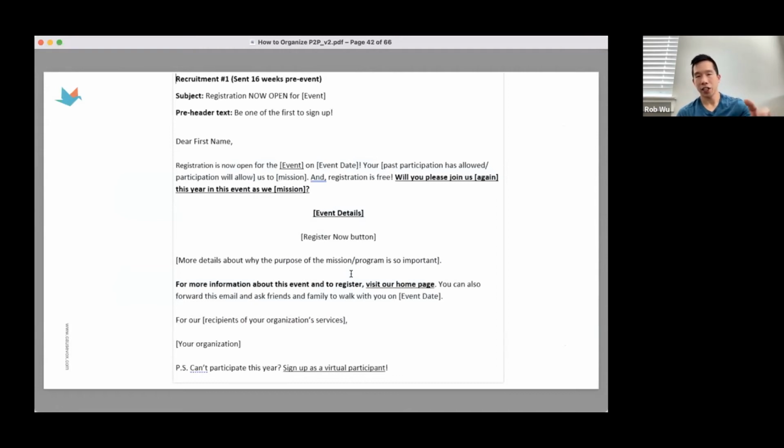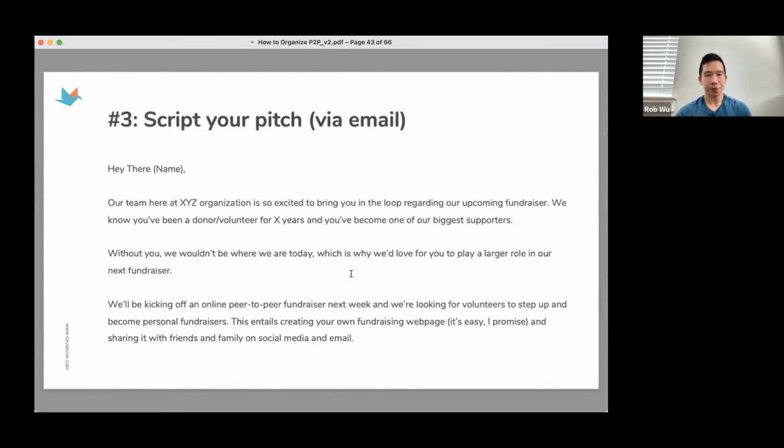This is an initial registration email sent through the newsletters. You can use this as a template as well, and it's built to be a template where you're announcing that your peer-to-peer event or campaign is open, and registration is free. You give people details of when and where they should meet. Then there's a button for folks to click in order to create a personal fundraising page. And if you want to learn more details, you go to the campaign homepage. So there are a lot of templates that you can use over here.